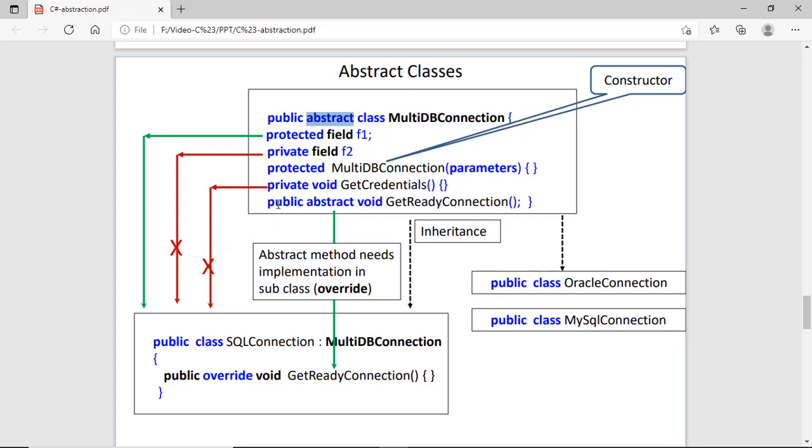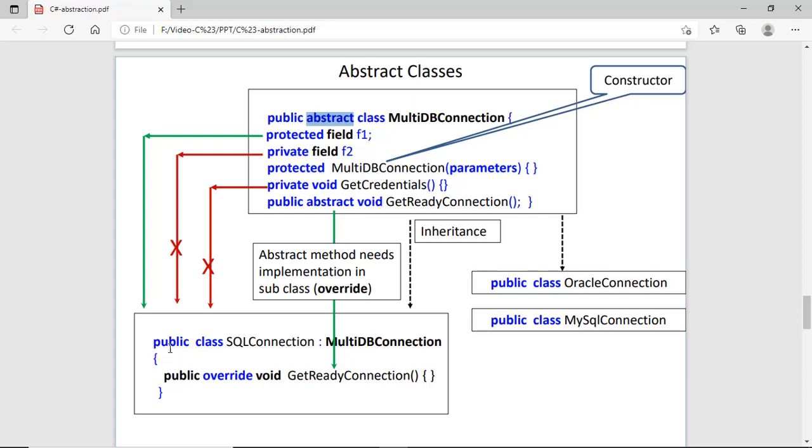Then we have the public abstract void. So this is a common method. This method can be used by any subclass, but this method contains only the signature, only the definition of the method.